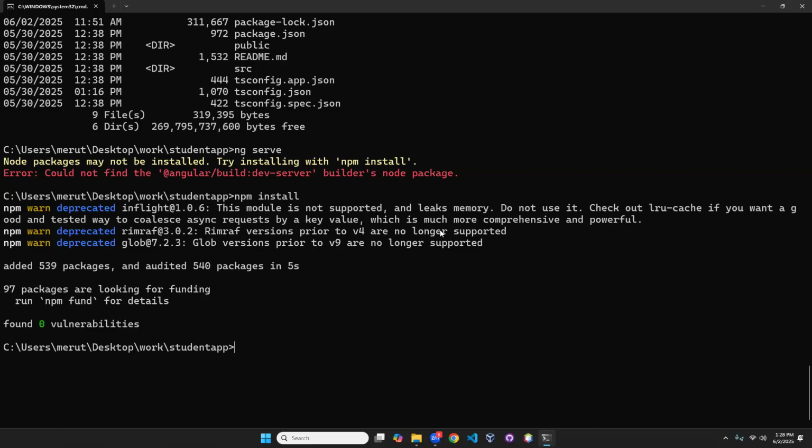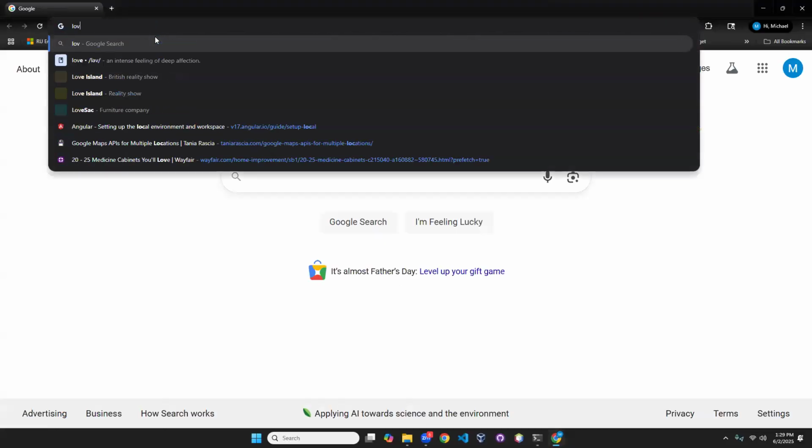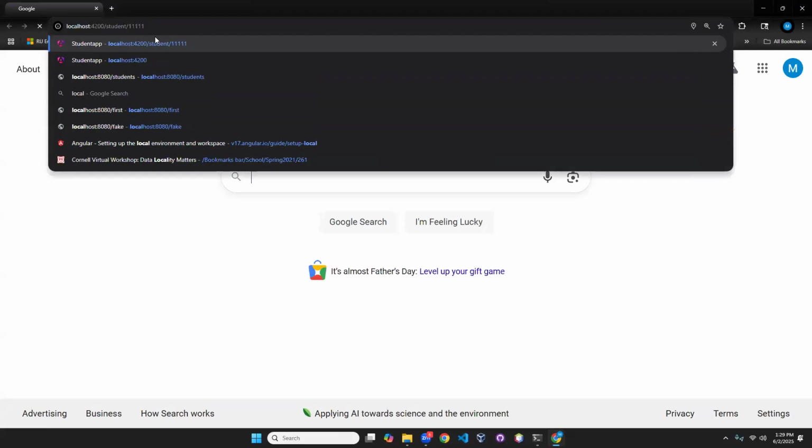Okay, so we're gonna start after sorting material icons and so forth. We're gonna go ng serve and see where we're at. And we're gonna talk about what we're gonna add in this iteration. In the past,